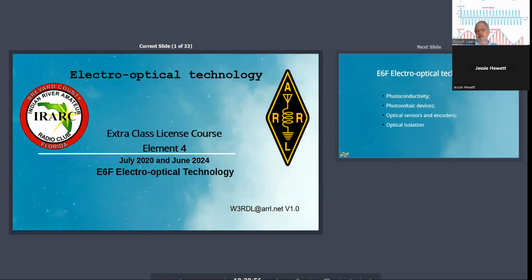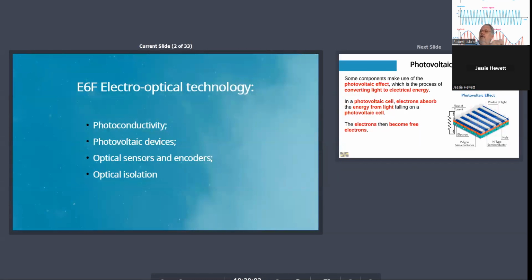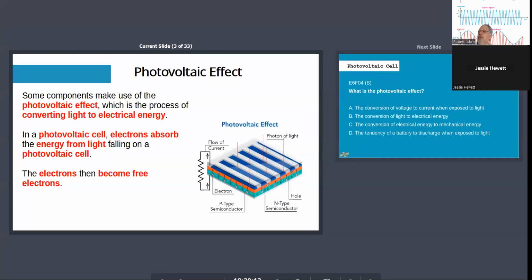Okay, electro-optics. Photoconductivity, photovoltaic devices, sensors, encoders, and optical isolators. So the photovoltaic effect is when light hits a material as part of a p-n junction, it can impart enough energy to create free electrons